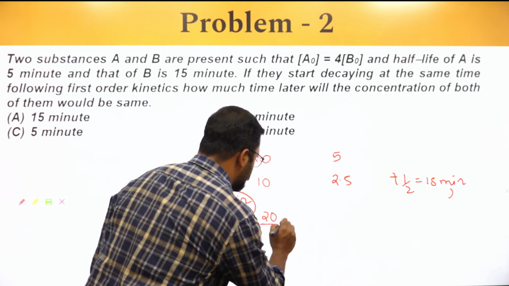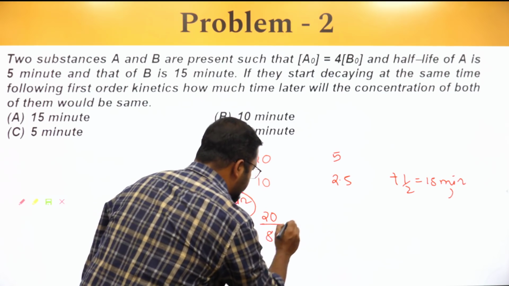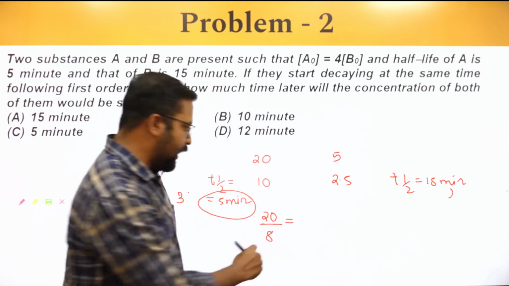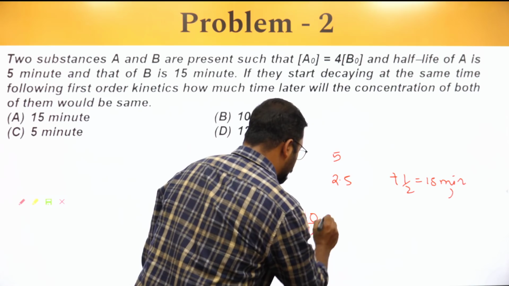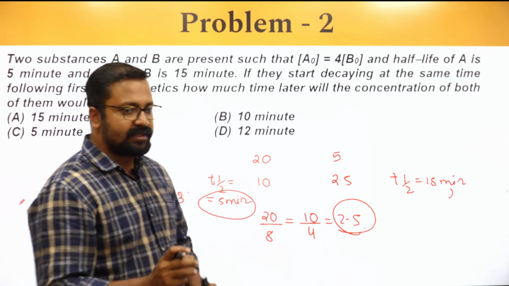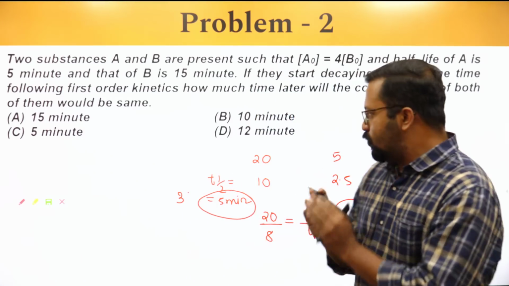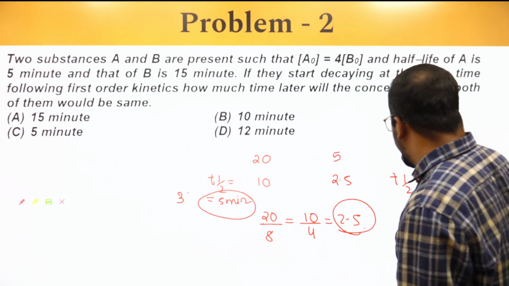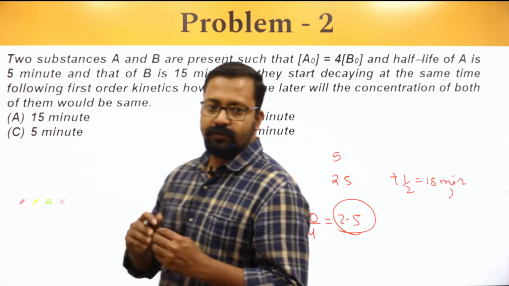So 20 by 8, which turns out to be 10 by 4, which is nothing but 2.5. So after 15 minutes, the amount of A will turn out to be the amount of B, which is